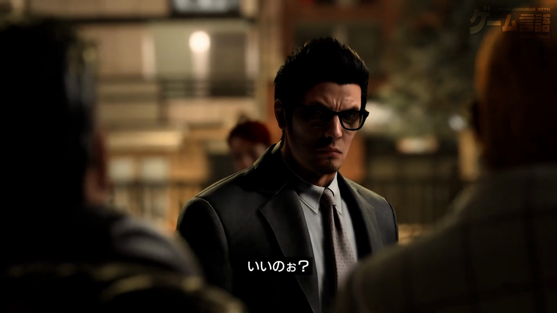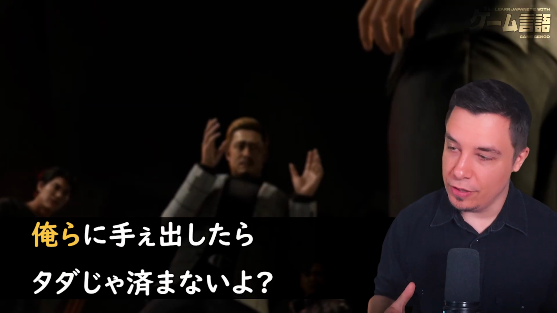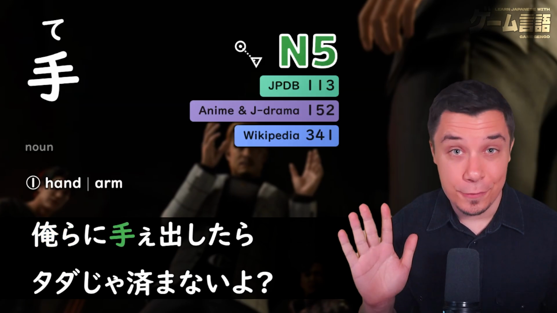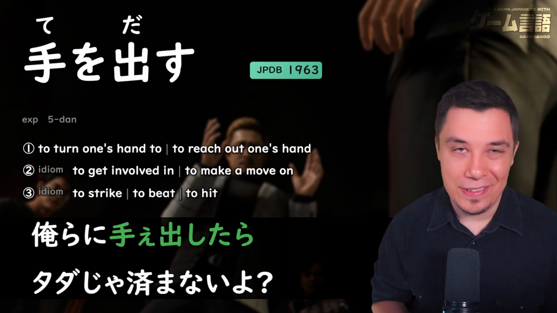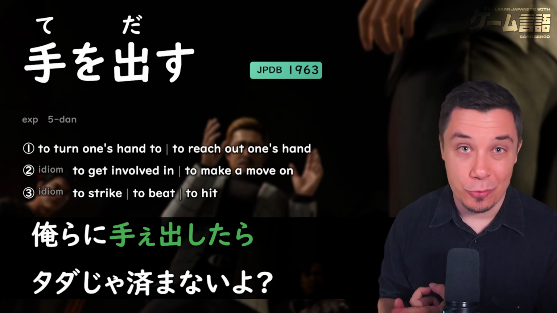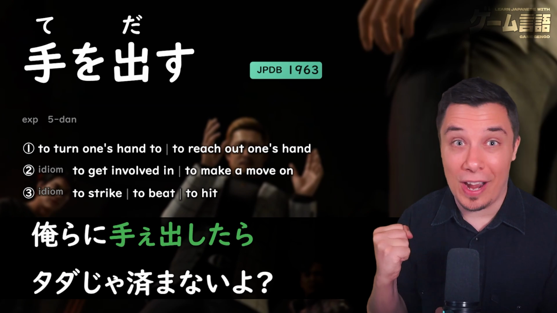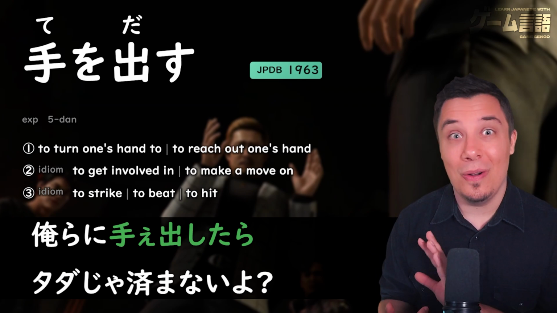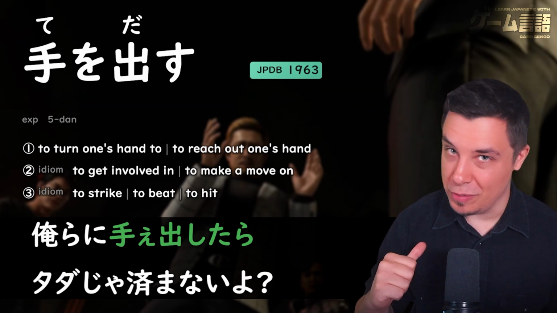いいの。俺らに手出したらただじゃ済まないよ。And then he continues on with 俺らに, so to us. 手出したら. Now, te is for a hand. Dasu is to put out. So to put out a hand. And this is actually part of a saying, te o dashitara. As we can see here, to turn one's hand to, reach out one's hand, to get involved with something, to make a move on, or even to strike or to hit. Another way to say in English would be to put your hands on. So if you put your hands on us, 俺らに手出したら, if you do it, if you put your hands on us,